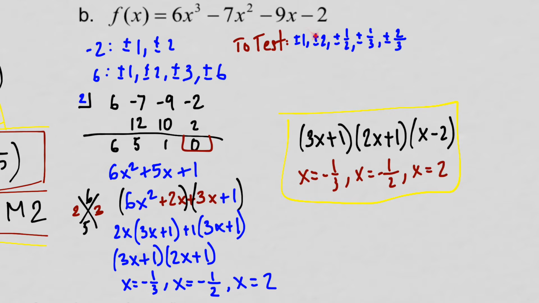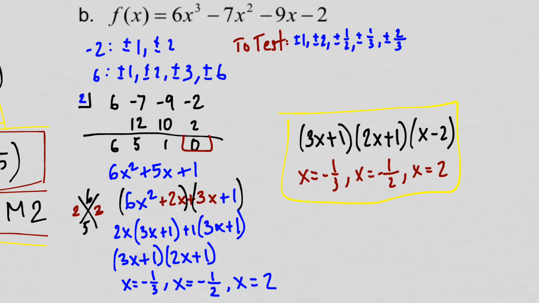Oh, by the way, I forgot to mention this. When you test the values, remember that you're always testing the ratios that come from the factors of the constant divided by the factors of the leading coefficient. So this number over this number, all the different combinations you can make. So 1 over 1, 2 over 1, which is plus or minus 1 and plus or minus 2,